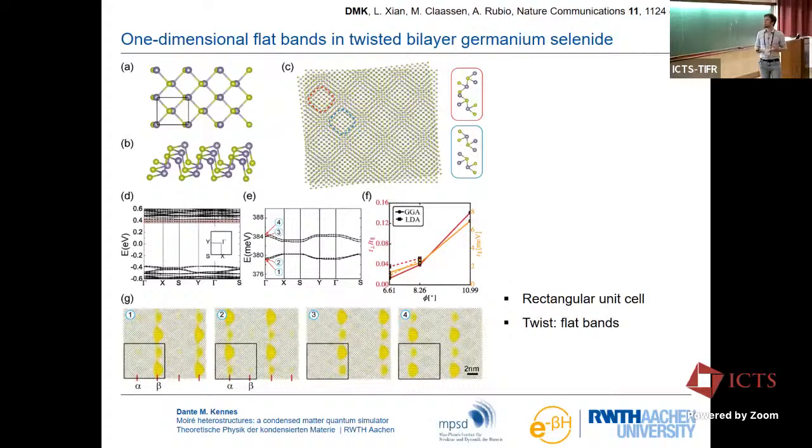We go to a rather small twist angle of 6.61 degrees. This is the smallest twist angle that we're doing here, because here you need to worry about spin-orbit coupling, and then the simulations get even more complicated. But you see very interesting physics, even at these relatively large angles of 6.61 degrees. All right, so this is the top view of this Moiré stack. And again, what's really different is the local registry of stacking. So in this blue region, it's stacked like this. In the red region, it's stacked like this. And that just varies as you go in the Moiré unit cell.